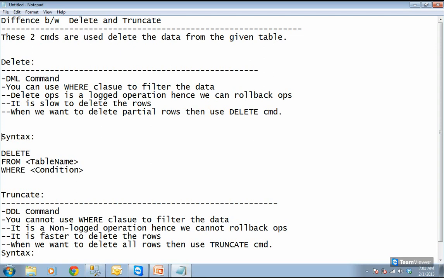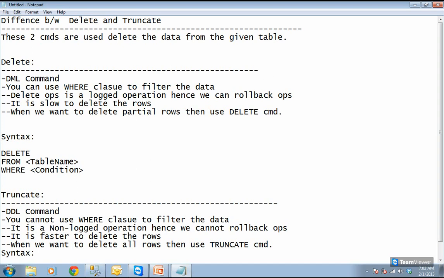So use the truncate command always when you don't need the records at all, or already you have taken a backup and you have many copies of this already. You're simply deleting, so don't use the delete command, use the truncate command. Even if something happens tomorrow, you have a copy of it. Truncate command is always faster because it is a non-logged operation. Since it is a non-logged operation, nobody can roll back the transactions. What do you mean by rolling back the transactions? They cannot get it back once they delete using the truncate command.